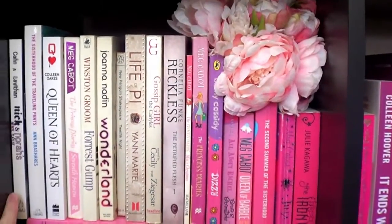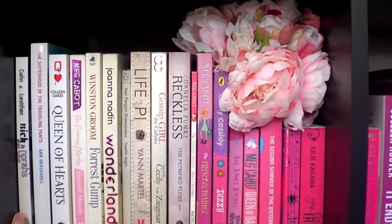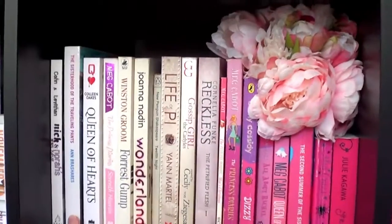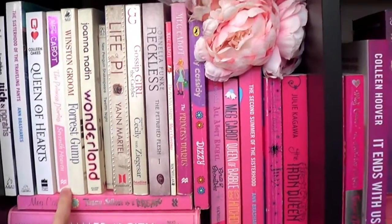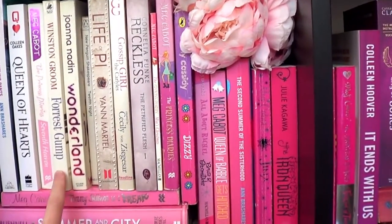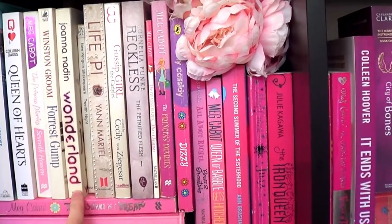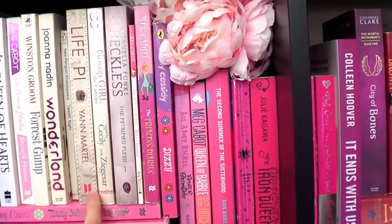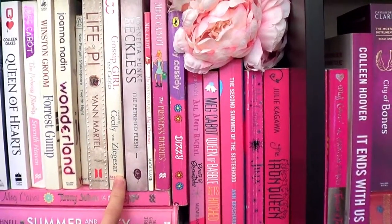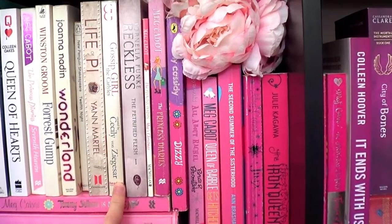Nick and Norah's Infinite Playlist by Rachel Cohn and David Levithan, Sisterhood of the Traveling Pants by Ann Brashares, Queen of Hearts by Colleen Oakes, Princess Diaries 7th Heaven by Meg Cabot, Forrest Gump by Winston Groom, Wonderland by Joanna Nadin, Twelfth Night by William Shakespeare, Life of Pi by Yann Martel, Gossip Girl, The Carlyles by Cecily von Ziegesar,